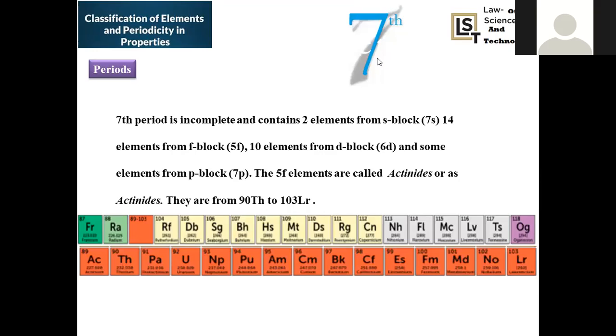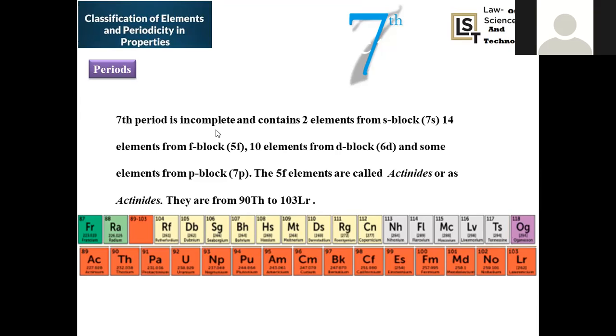Okay. Now move on to the last period in the periodic table, called the 7th period. This is said to be incomplete, but moreover, we can find newly introduced elements in the periodic table. You can say it is also a completed one, but in general it is incomplete, but newly introduced metals are also incorporated here. Authorized data said that up to 115 elements are known, but in this diagram we incorporated even up to the 118th element.